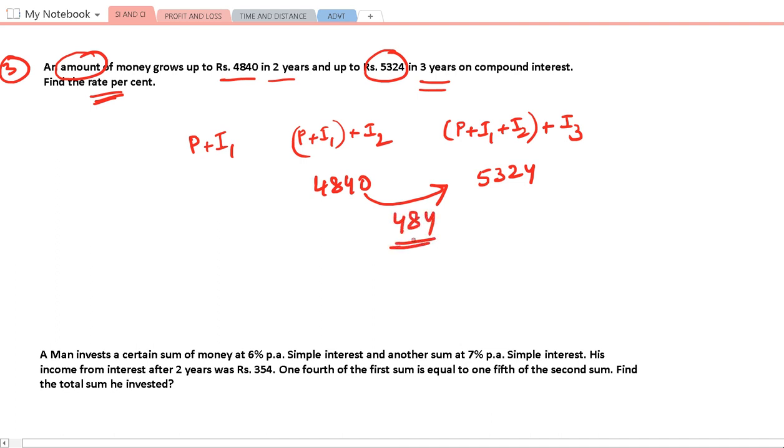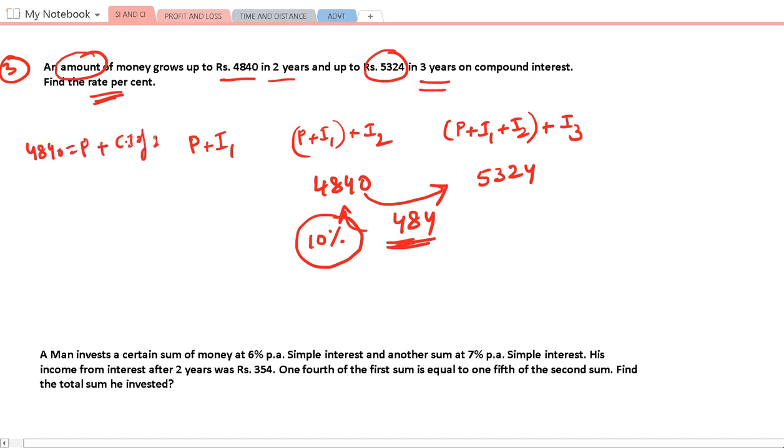484 rupees increased. That means how much is the rate of interest? Here, 10% of 4840 is 484, right? That means the rate of interest is only 10%. I said it roughly, simply. If you want to do it by the traditional method, you have to write it like this: 4840 is